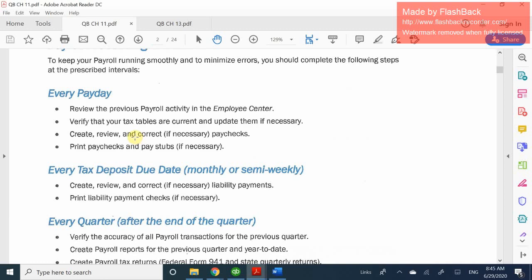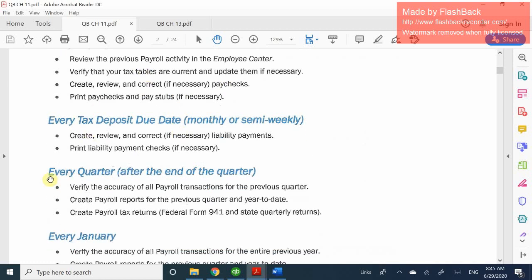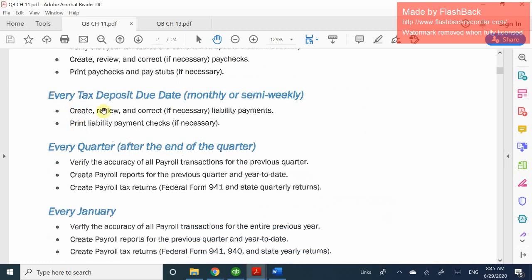Okay, and then lastly, you want to make sure that you print your paycheck, your pay stubs, paychecks, and have them on file. Okay. Next, actually, you want to make sure that every tax deposit that you make, every due date, you actually verify and make sure that it's the correct amount, and you also want to make sure that you print the